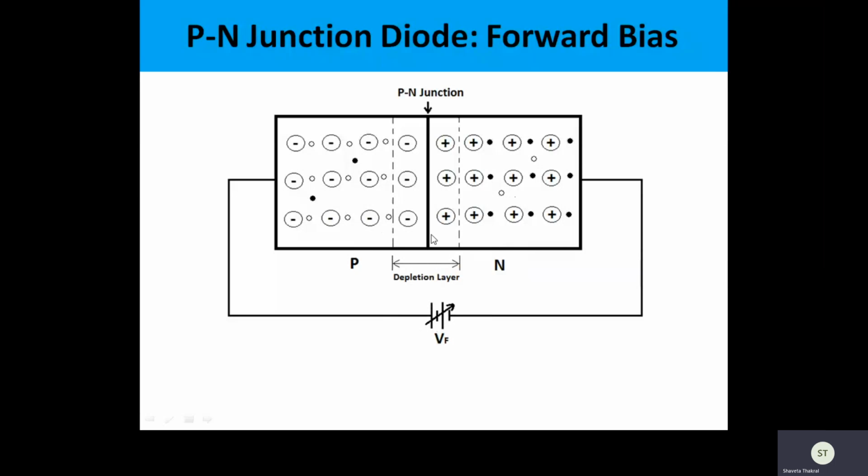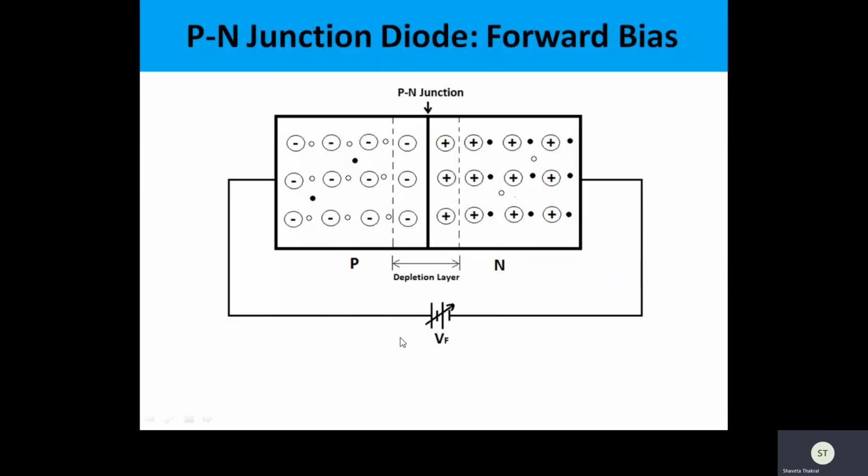As the barrier is there at the junction, free charge carriers are not able to cross the junction because of this barrier. So the minimum voltage we need to apply in the case of germanium is 0.3 volt, and in the case of silicon it is 0.7 volt. Once this voltage is applied, this barrier will break down, and after that the holes will move from the P to N region and get absorbed by the negative potential of the battery. Similarly, the negative potential is repelling the electrons, and they will enter the P region and are attracted by the positive potential of the battery.